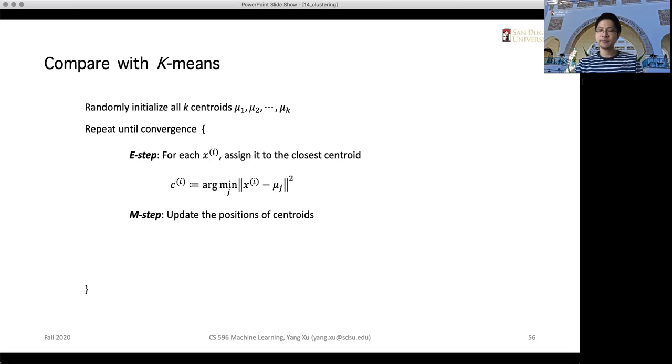And also we have an M step, which is to update the positions of the centroids, and it is computed like this. We take all the data points that belong to this cluster J. So by analogy, we can see a very similar behavior of the two procedures, but the only difference is that